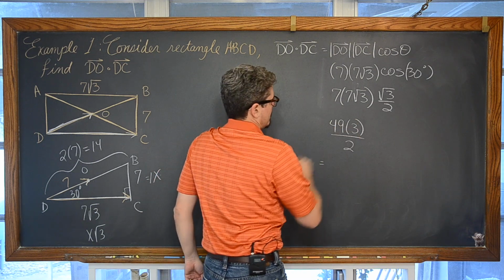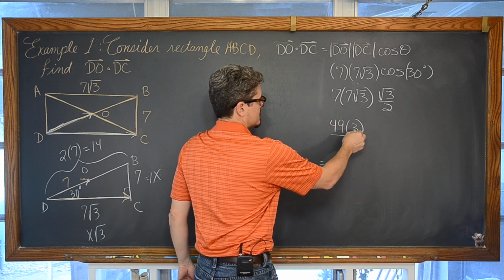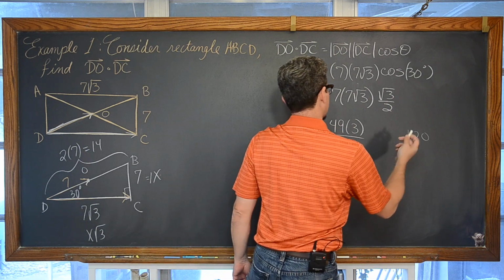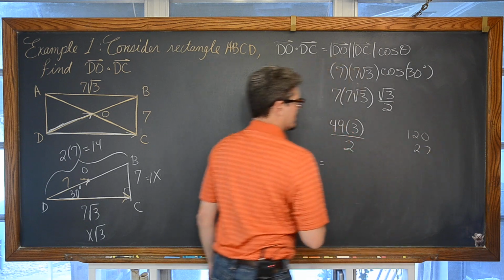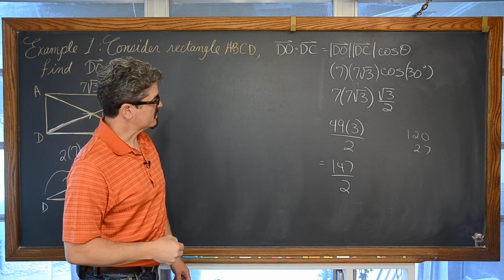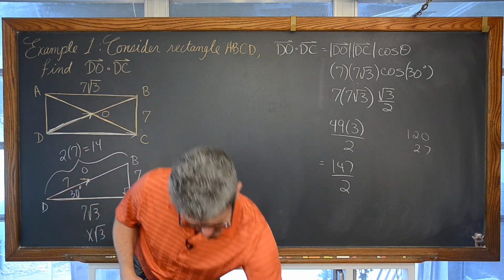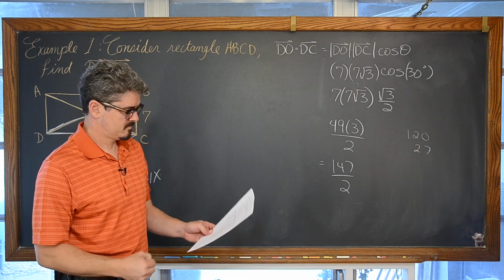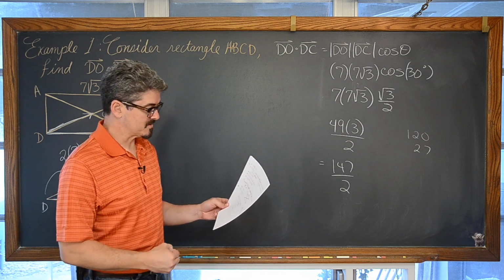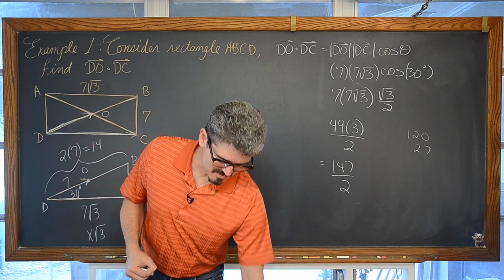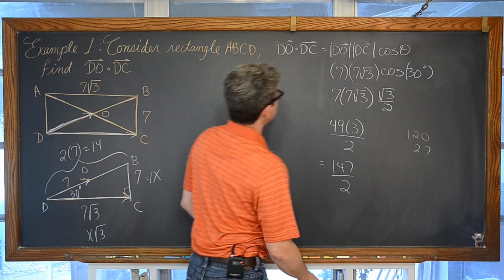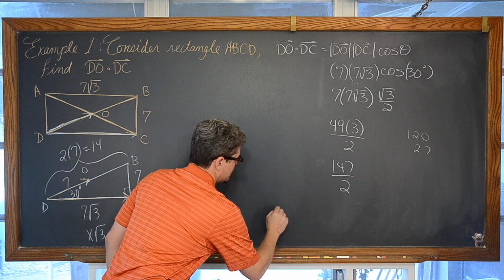Okay, so what's going on here? We have 40 times 3, which is 120. We have 9 times 3, which is, of course, what? 27. And so we're looking at 147 over 2. And I've already done the solutions for this, and I feel like I'm making a mistake somewhere. My mistake is in my pre-made solutions. I said the square root of 3 times the square root of 3 is equal to 9, which of course it is not. So we have that over 2, and we have the scalar product.